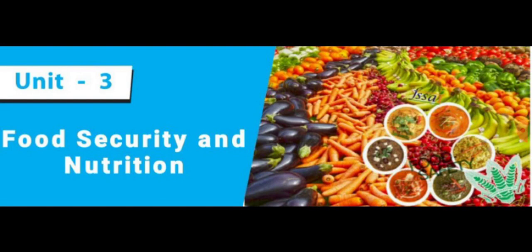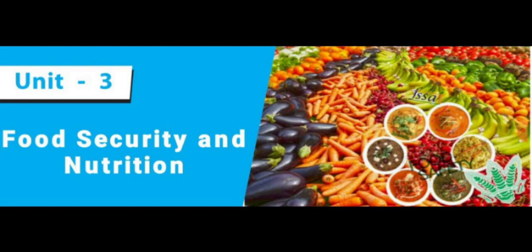Then access to food means the purchasing power. That means it is closely linked with capabilities and employment opportunities to earn. Then the third one is absorption of food. That means it is the ability to biologically utilize the food consumed. These are the things we learned in the basic components of food and nutrition security. Then next we learned about the availability and access to food grains.